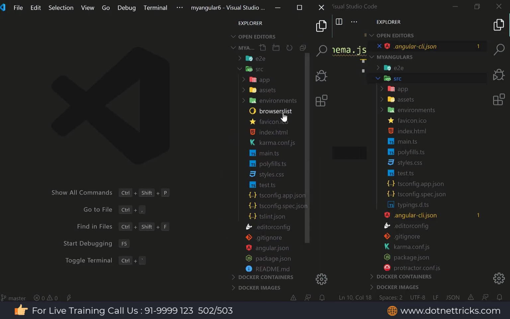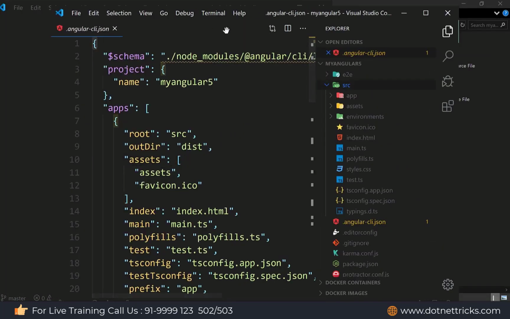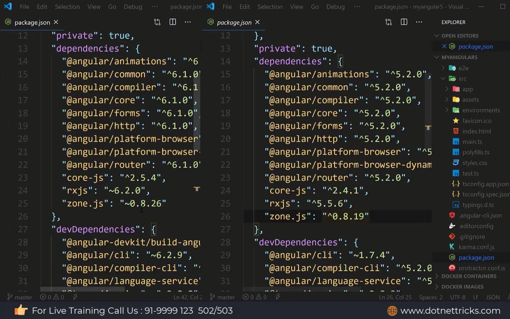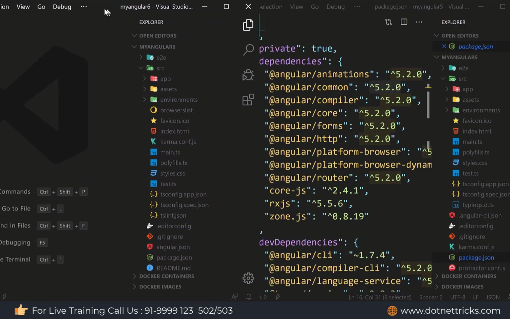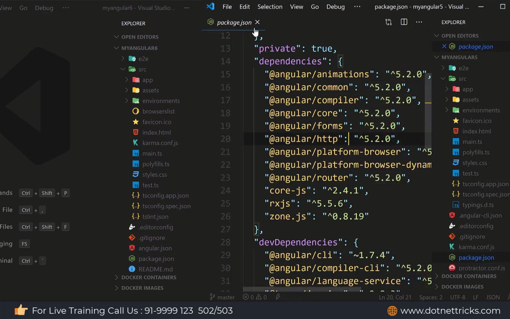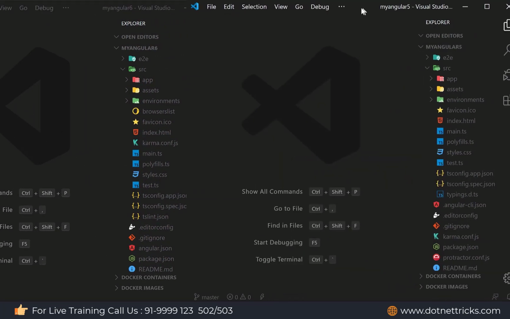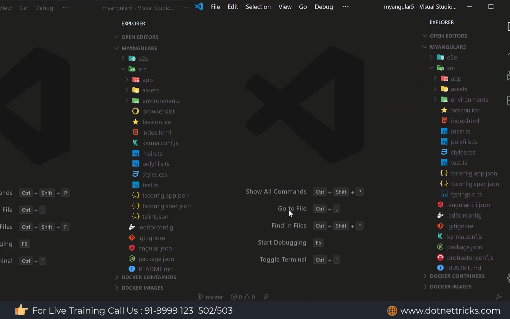So let me show here. If you will look at, so let me arrange these two windows side by side. So if you will look at here in both the folder structures, you can see it is having the Angular 5.2. It is having here Angular 6.1 project. So if you will look at here, let me adjust this here. So I'm just going to adjust like this way. So this is the folder structure available for this application. So you can see the difference is here only this angular.json, and here you will find out it's a .angular-cli.json.